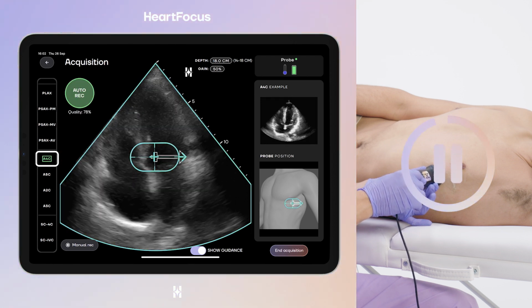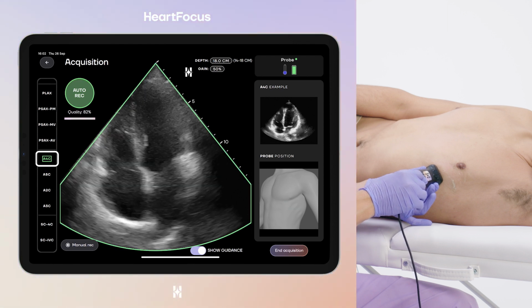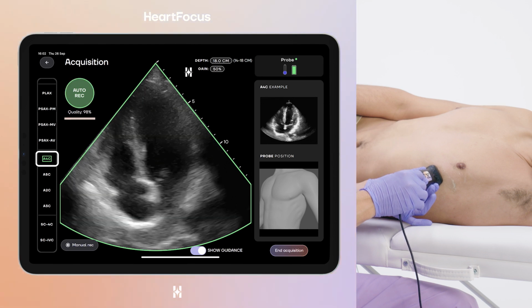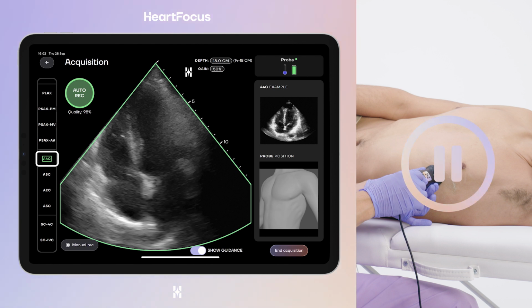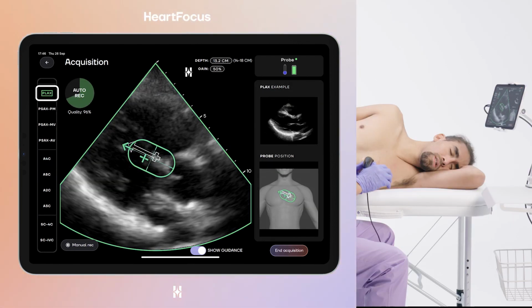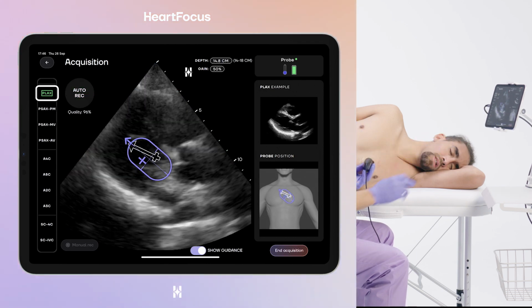When the auto record is complete, the green circle blinks, and the name of the view is framed in green. You will notice the image quality of the recorded clip has been evaluated and is presented as a percentage. Obtaining an auto record is excellent, but reaching the highest quality clip is your next challenge. As the auto record is constantly trying to get the best quality clip, you may improve the recording quality by simply maintaining the probe in its position and making several consecutive auto records. Once the clip has been saved, the name of the recorded cardiac view goes green.